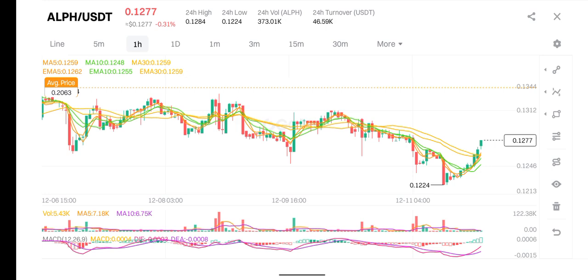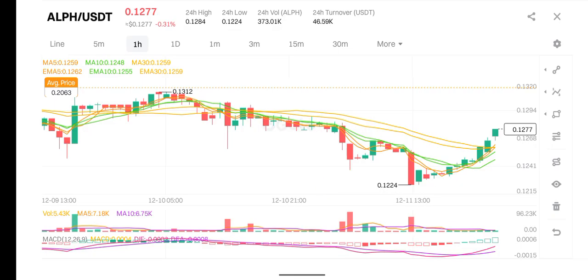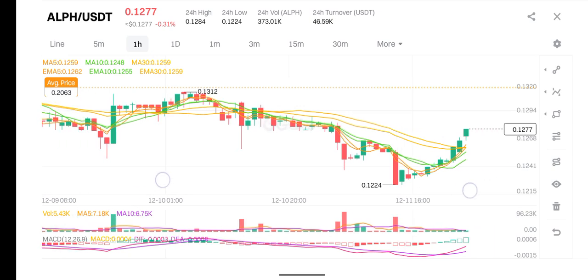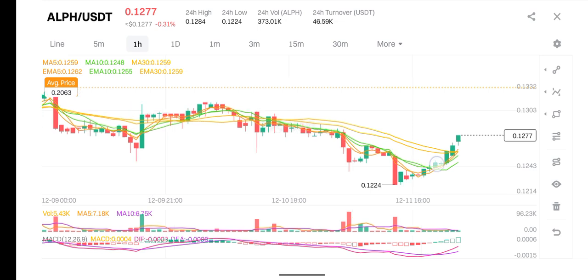So within the last 24 hours, we can see how the market has recovered here. We had a bullish candle here, we had an inverted hammer, and we had another, a doji. All this signaled an upward trend. It gave us a confirmation, and if you bought at this point, you can see the price rallied up to